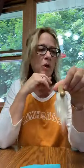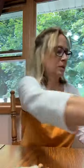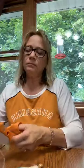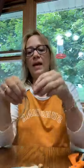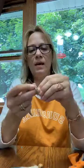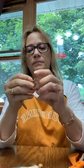Next is we need to put a hanger on it. And there's probably a lot of different ways you can do it. I like a rustic look, and gnomes to me are a little rustic. So I'm just going to use some of this jute, and I'm going to use about a foot of it. The reason why I'm using so much of it is because I need to have it come up above the hat. So I'm just folding it in half and putting a little knot on the bottom. And that way I'm going to be able to...